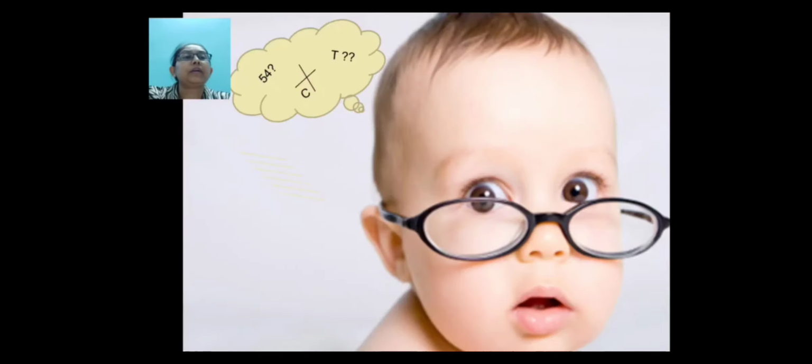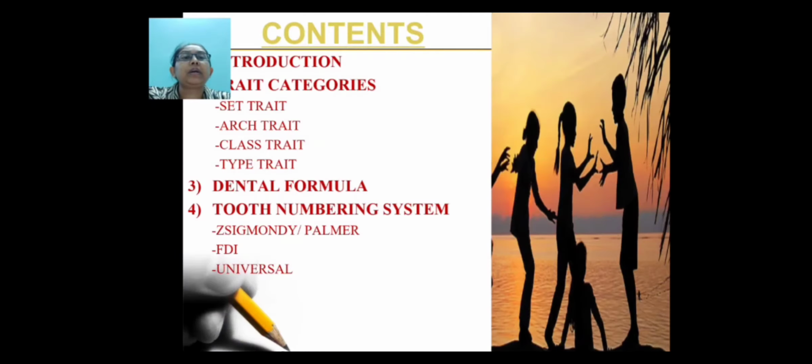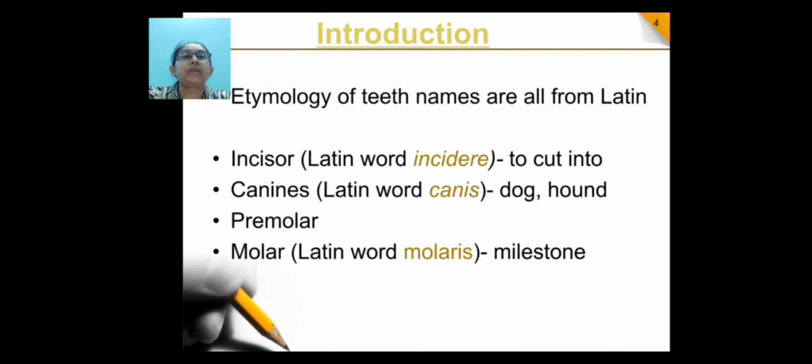Morning. Let us start with the chapter on teeth identification and numbering system. Now, we shall be covering it under introduction, triad categories, dental formulas, and various tooth numbering systems. Now, as we all know, in order to understand the basic dental anatomy of a tooth, we